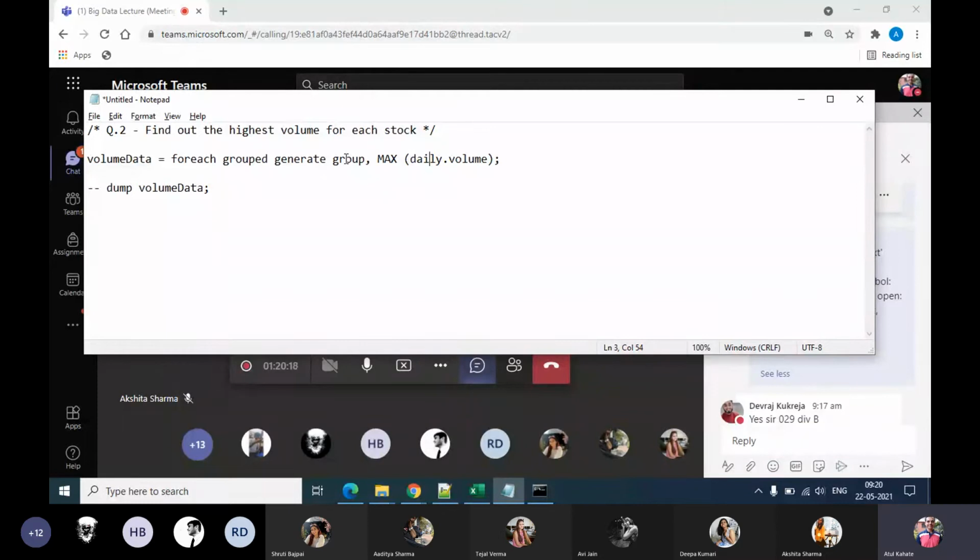Quite simple. And here we are not using the concatenation for formatting. You can, of course, add it as well. You can use concat of $0, then maybe max, then max of daily dot volume, as in the previous example. But here they're simply saying dump. Of course, you'll have to uncomment it if you want to print.